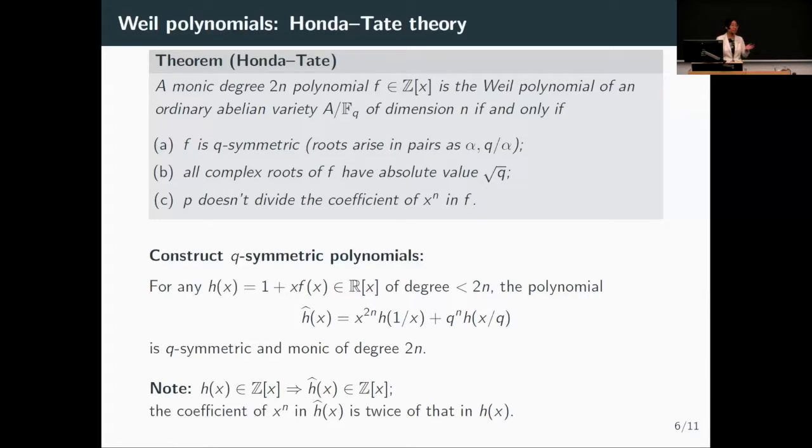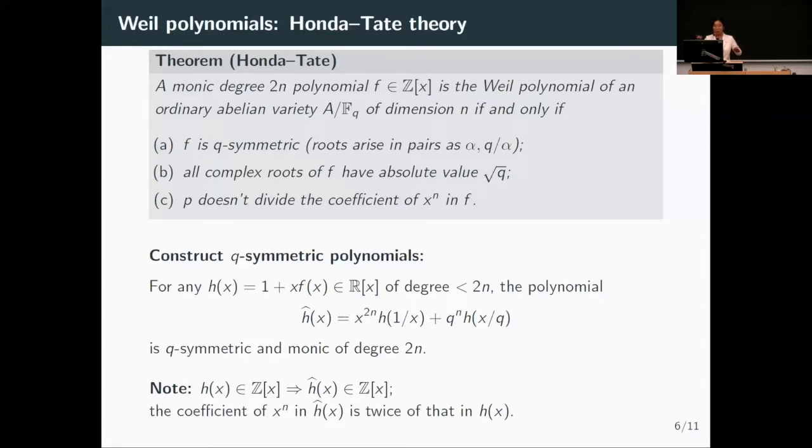So the multiplicity of a root alpha has to equal the multiplicity of the root q over alpha. This comes from the duality in étale cohomology. And also all the complex roots of f must have absolute value square root of q, because these roots are the Frobenius eigenvalues of the Frobenius operator on the l-adic Tate module. And then in general there is a p-adic condition, which essentially says that the Newton polygon has to break in integral